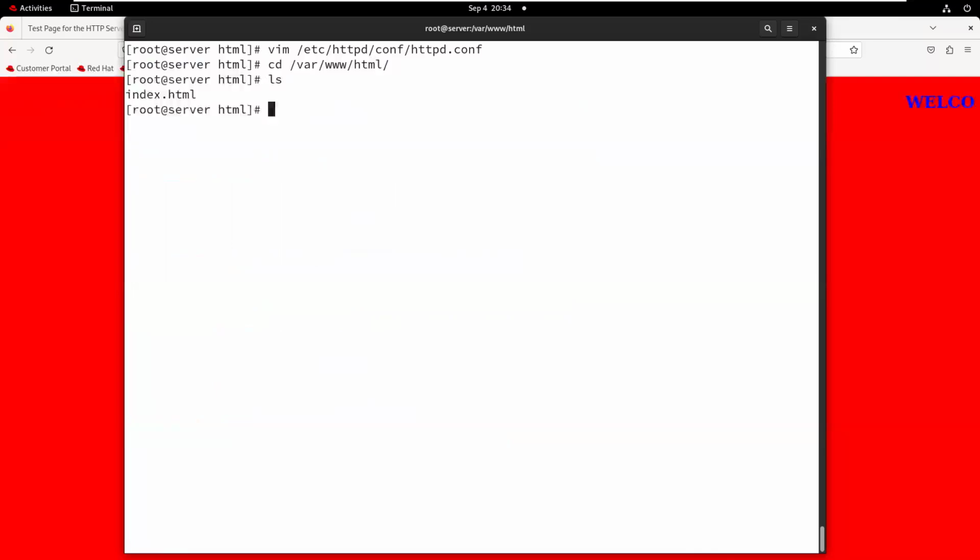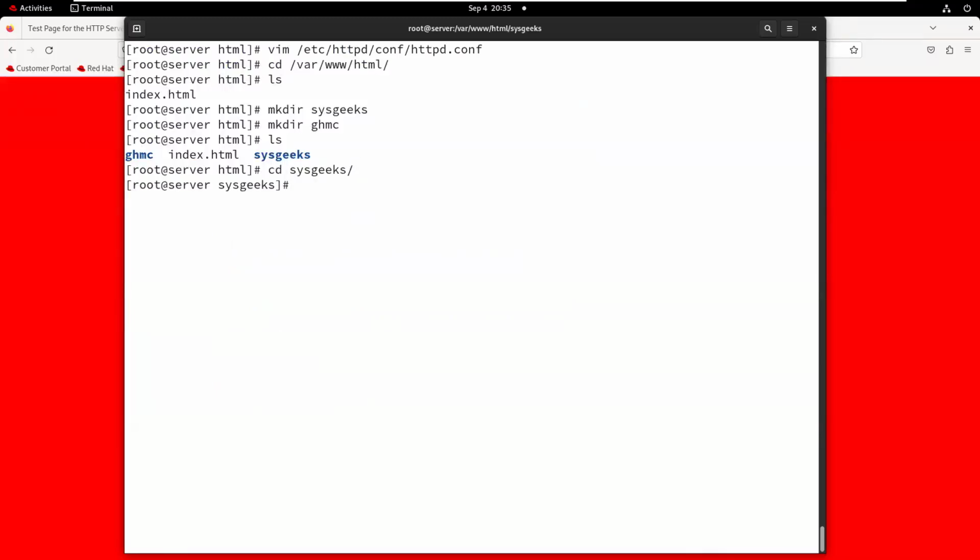In this location, I want to create two folders: one is sysgigs and another one is GHMC. So I have to create two folders. Within the sysgigs folder, again we need to create one file. What is the file name? index.html, but I will make it directly with echo.